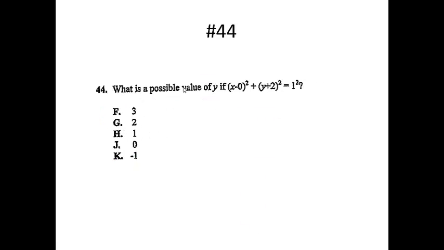All right, 44. What is a possible value of y if x minus 0 squared plus y plus 2 squared is equal to 1 squared? All right, what I did on this one was I just started plugging in my possible values of y. So let's say we let y equal 3. First of all, I'm going to rewrite this. X minus 0 is just x squared, so I'm just going to leave it that way every time. Okay, if y is 3, this would be x squared plus